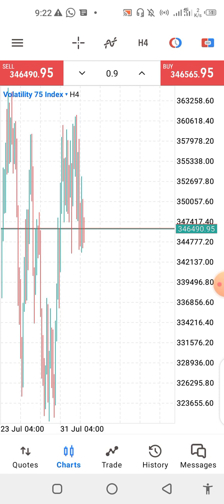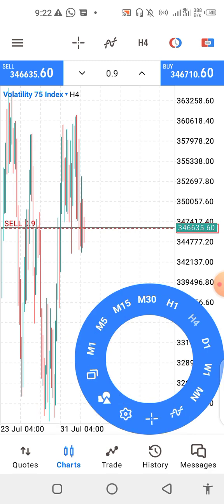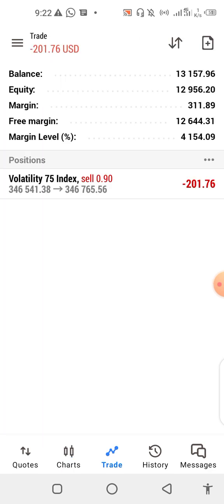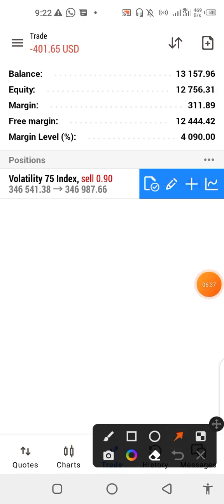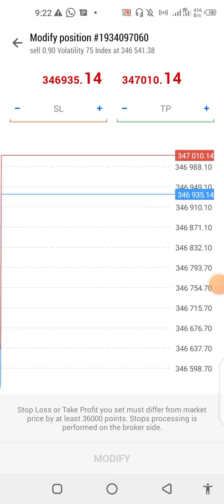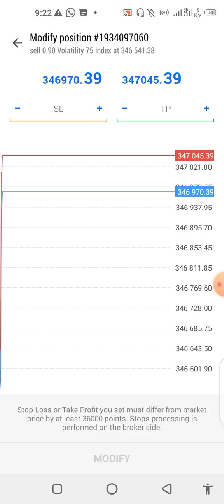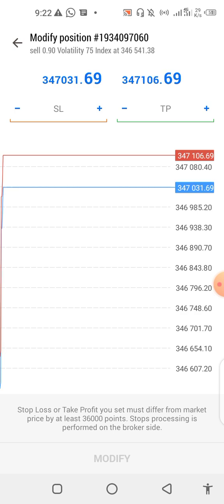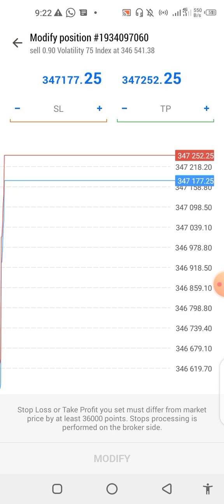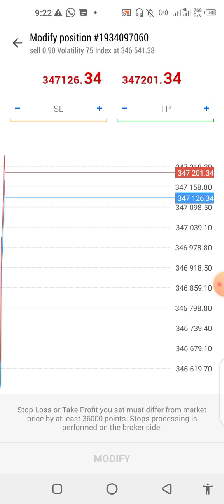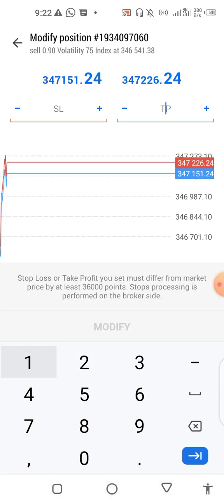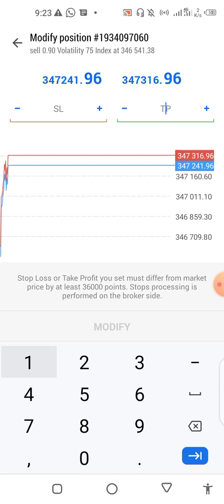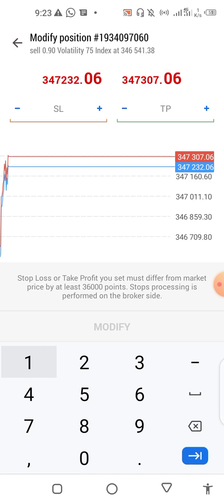Let me place another trade and show you something. Let me place another sell. Okay. So this is how you set your stop loss. You just do the same thing, and this time you click on this to set both your stop loss and then your take profit. Stop loss is when you want to opt out of the market if you are losing, and take profit is where you actually want to take profit if the market goes in your favor. So that's one of the beautiful things about trading. So you can just input your figures here,